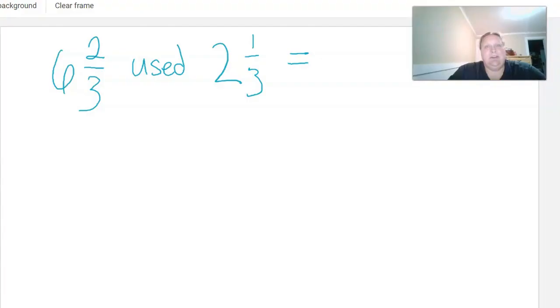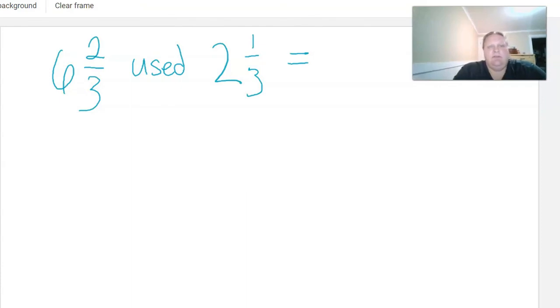All right, the last thing we're going to do is take a look at these story problems. A bag contains 6 2/3 cups of flour. Scott used 2 1/3 cups to make some bread. How much flour was left in the bag after she made the bread? Now,